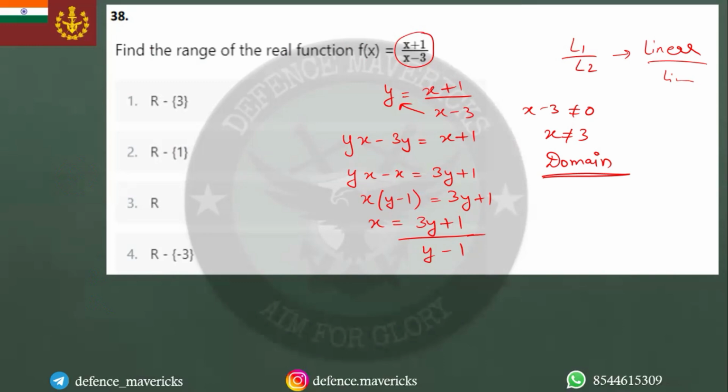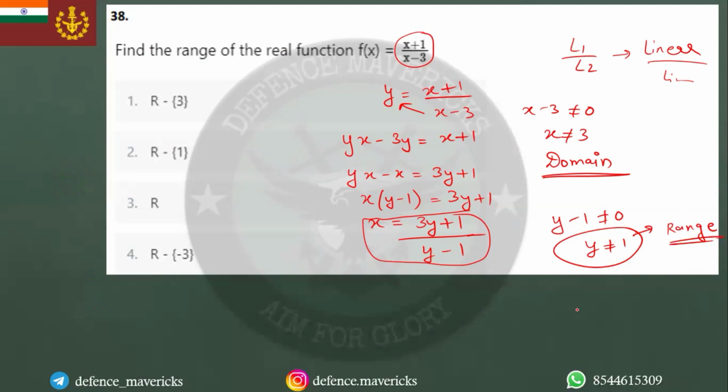basically f inverse function, ठीक है। So what does this mean? That in this expression the denominator cannot be 0, that means y minus 1 cannot be 0, that means y cannot be equal to 1। और y क्या है? y ही तो सारी possible values of, sorry, range ही तो सारी possible values of y है ना। So this is nothing but your range। The condition of y is itself your range, so that means your range is everything except 1, ठीक है। This is the answer। So anywhere and everywhere where you see this type, linear upon linear, you can use this method।